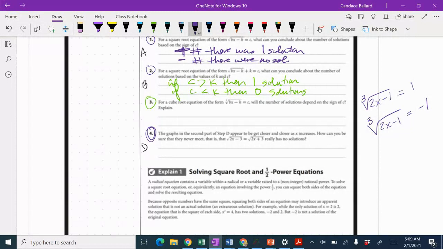And what we could do is we could actually solve this. So if I squared both sides, we'd get 2x minus 3 equals 2x plus 3. And then when I subtract the 2x to the other side, I get 0. And then when I add the 3 to the other side, I get 6. And because I got something that was false, okay, I got a false statement,